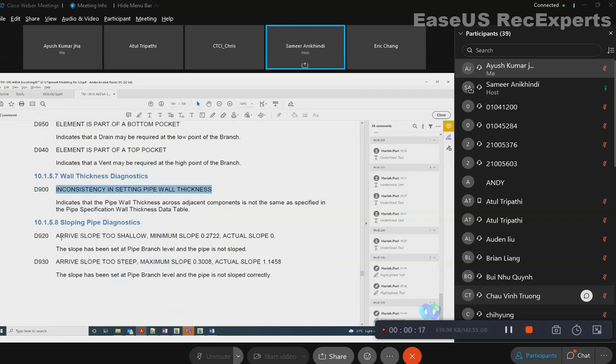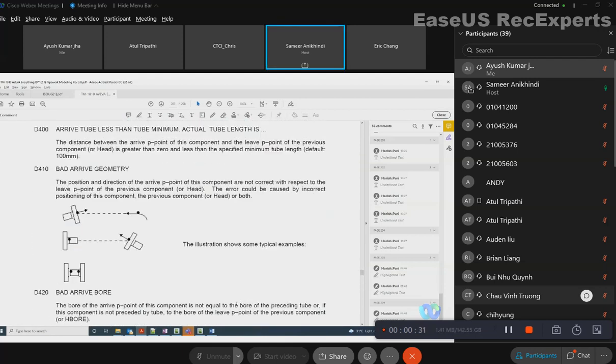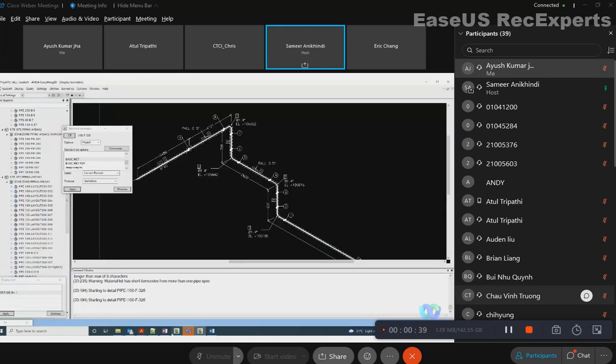Sloping pipe. Arrive slope too shallow. Minimum slope is required. Arrive slope too steep. So the range is set in catalog. What is shallow, what is steep slope, and so on. So it is not really possible to cover each and every error message, but let's run the